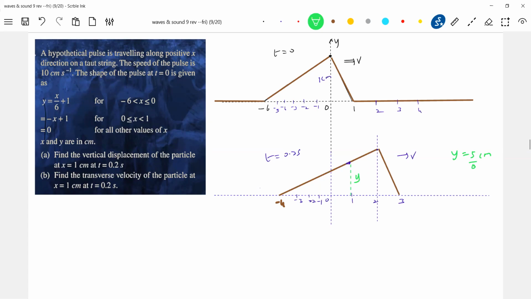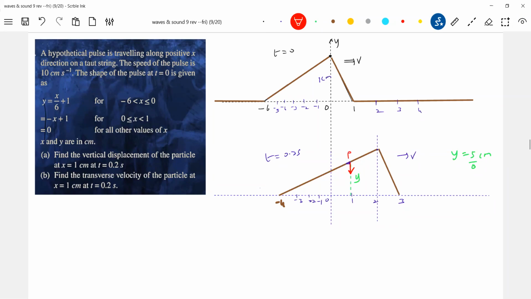No. Velocity is being asked. In what direction will it be moving? Will it move like this, or along the string like this, or up the string, down the string, or upward, downward, or at some angle? It should be moving downward. So this particular point will have velocity in this direction.